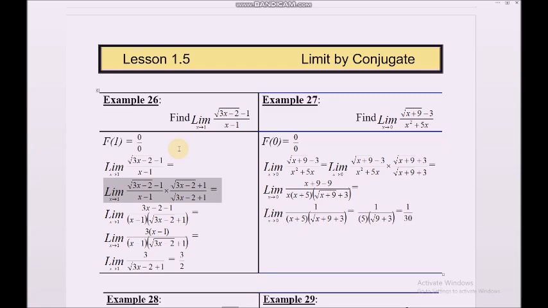Square root of 3x minus 2 minus 1, its conjugate is square root of 3x minus 2 plus 1. We have to multiply each numerator and denominator by the conjugate of the quantity that has a square root. Here I found it, square root of 3x minus 2 plus 1, up and down. The result of multiplying here is